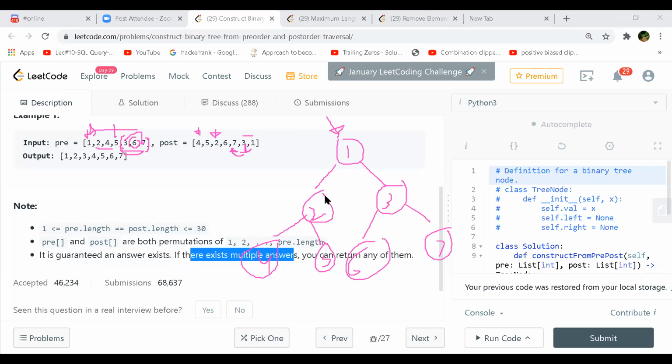Now when I come back to 1, I know where my left starts from. That is just one index ahead, and where it ends is 1 index behind 3. So this is the left subtree now. Okay, so meanwhile I was making my right subtree. I had moved from 3 to 7, 7 to 6. So now I'm at the right position in my post order also. I'm at 2. Now I start making my left subtree, which is from 2, and it will go till 5. So every time my post order gives me the value which is to be made.